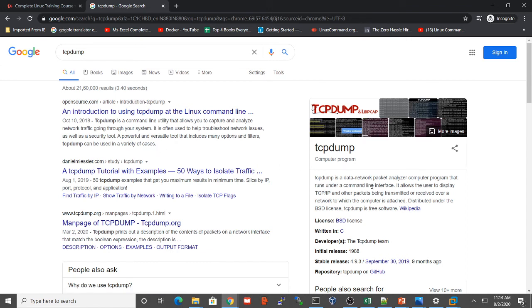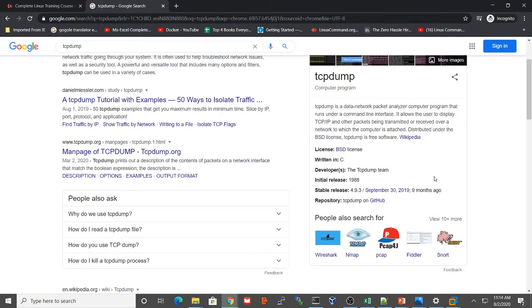TCP dump is a data network packet analyzer computer program that runs under a command line interface. It allows the user to display the TCP/IP and other packets being transmitted or received over a network to which the computer is attached. It is distributed under the BSD license and is free software.